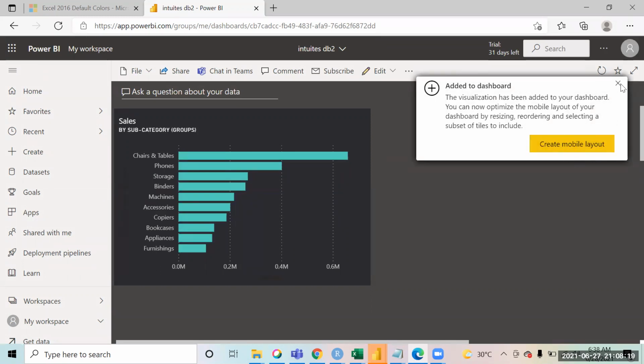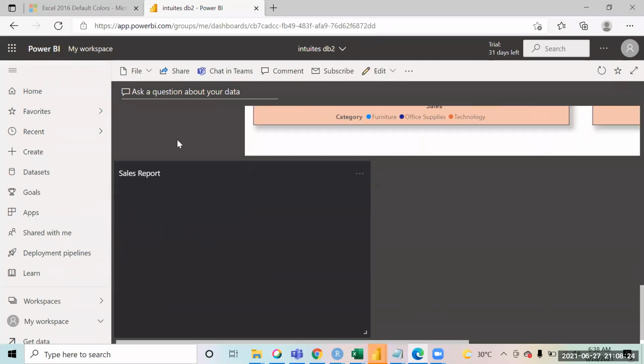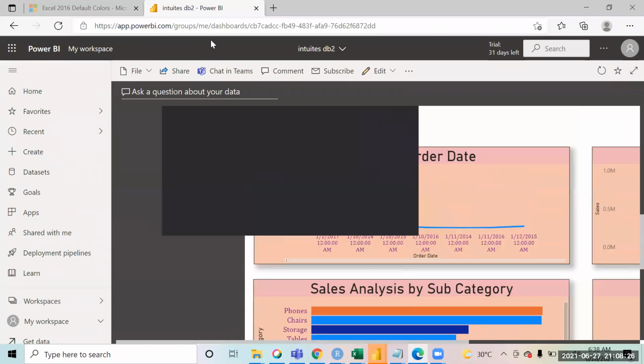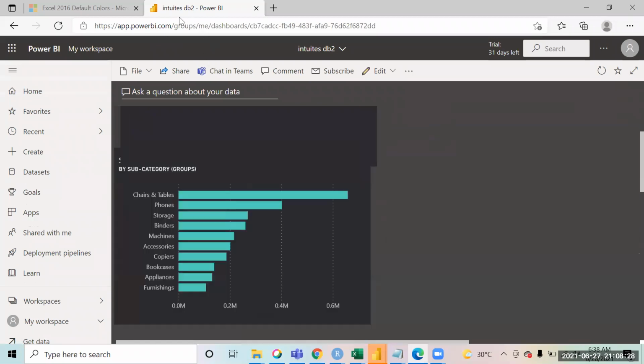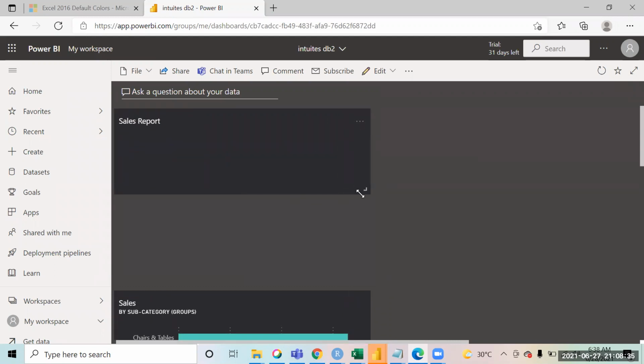Definitely it should be that. We'll just come up over here. So you'll have to just move it up and down like this. So this is how you can just put it up.